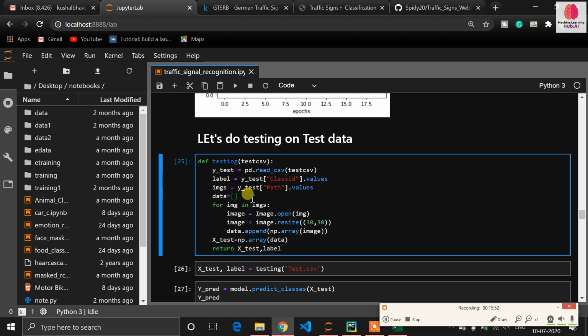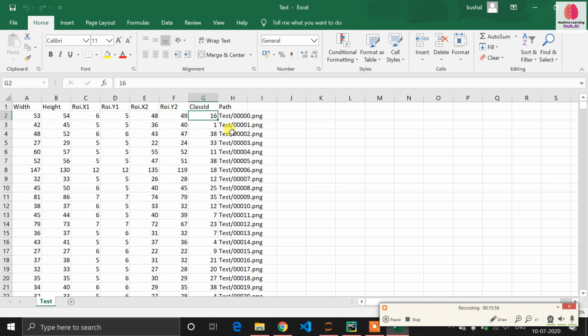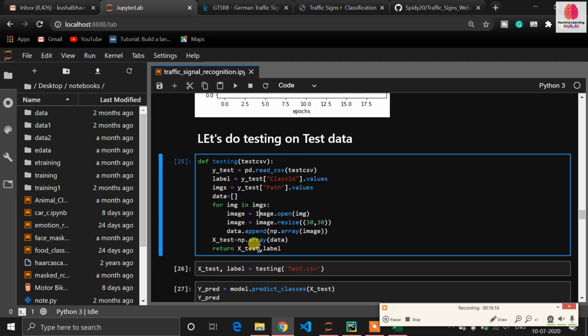After that we do the same procedure which we did during the training. Once again it is going to iterate the for loop. First it will come to this row, go to this image in the test folder, take all the array info and store it in the empty data list. After that it will take the label from the class ID. I'm not explaining in full detail, it is the same as the training process.